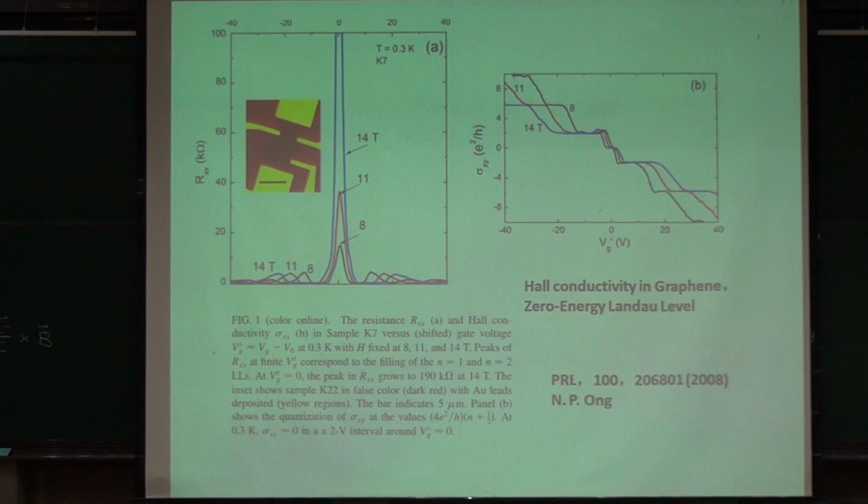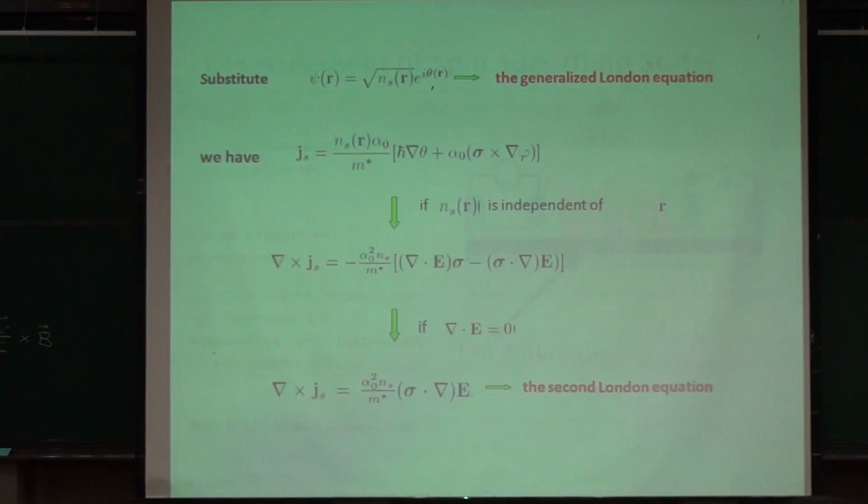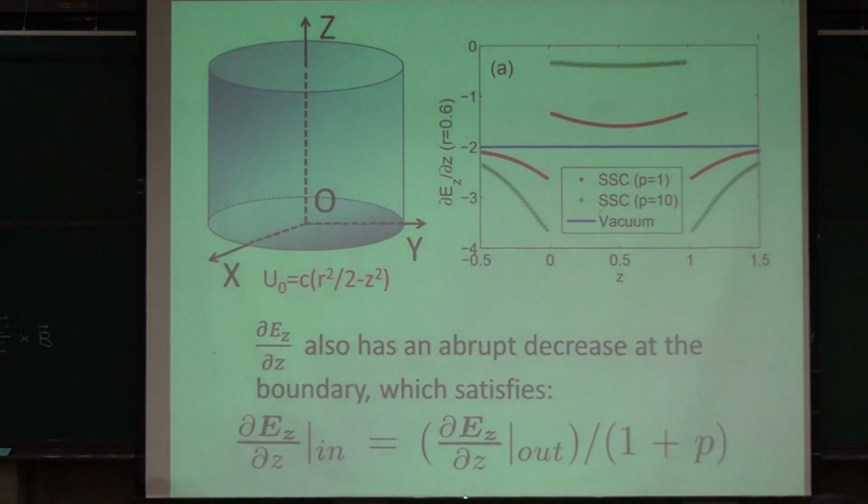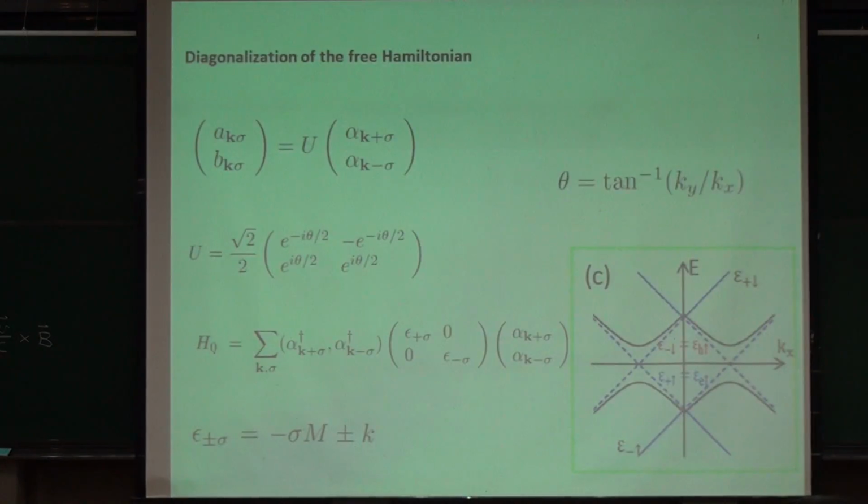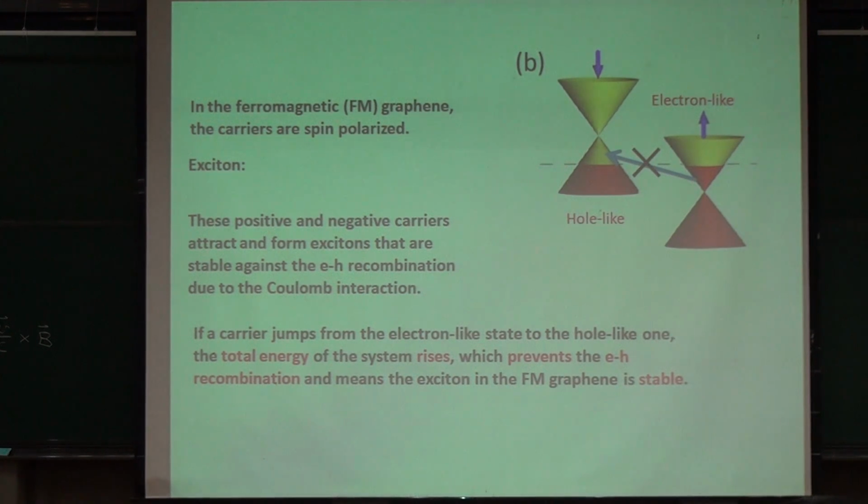Since your starting point is a charge insulator, right? In conventional or high Tc superconductors, the Fermi surface always plays a very important role. Is your gap opened in the vicinity of the Fermi surface, or is it the exciton? That's right. Since the exciton is a bound state in the gap, the electron density of states here is not very robust, so your superconductivity maybe is not very easy. That's why we talk about ferromagnetic graphene. It's not normal. I'll try to use the slides to show the difference in ferromagnetic graphene, before you turn on the